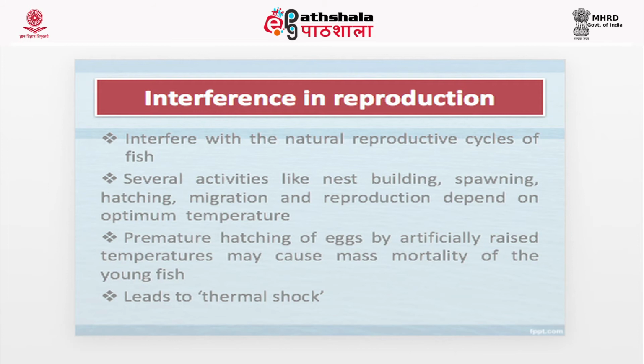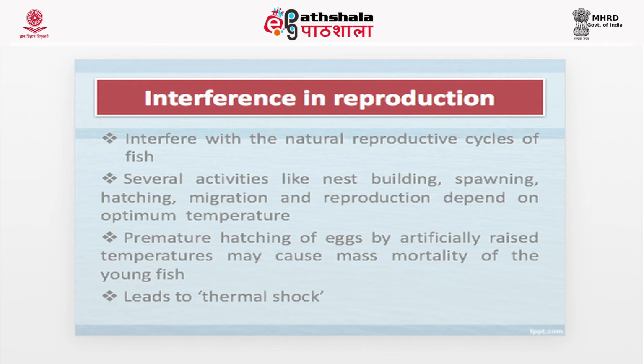Thermal pollution also interferes in the reproduction of the aquatic animals. In fishes, several activities like nest building, spawning, hatching, migration as well as reproduction depend on a very optimum temperature range. Due to thermal pollution, the temperature gradient of water bodies gets disturbed and hence affects whole aquatic organisms. Excessive temperature can cause the release of immature eggs or can prevent normal development of certain eggs. For example, premature hatching of eggs by artificially raised temperatures may lead to mass mortality of the young fish through